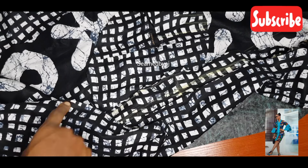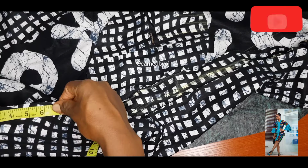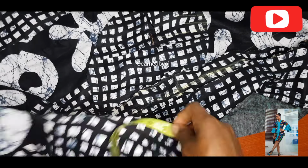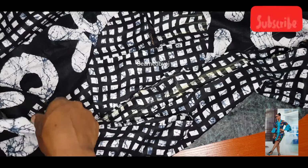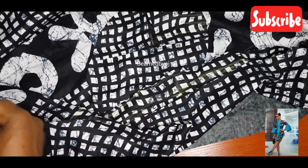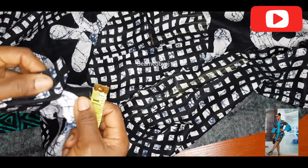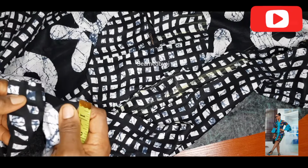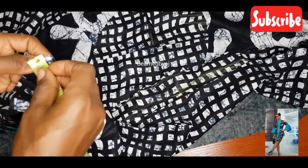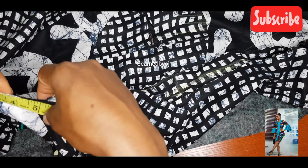So you see the shape of your neck depth, which stops here. What I have here is 6 inches. So I will just add 1 inch to it to make it 7 inches, because that 6 inches is a bit high, right? From this zip allowance area, you can see it's already loose because I used a loose thread for it. So I'm going to measure the zip allowance on it too. Starting from this zip allowance this way, I'll measure it,